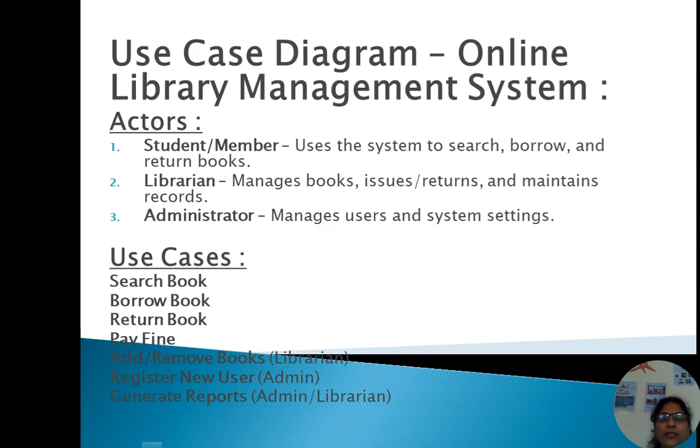Use cases are search book, borrow book, return book, pay fine, add or remove books, register new user,